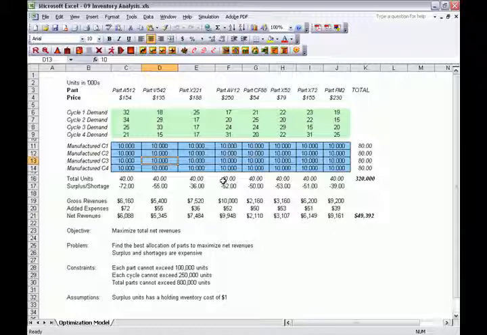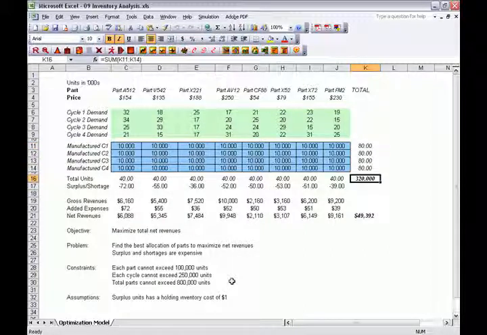First constraint is, well, each part cannot exceed 100 units or 100,000 if these are in values of 100,000 units. So I cannot manufacture 100,000 units in total. So this is optimization across time, across season. Now, each cycle, I can only make up to 250,000 units because, well, I have a small manufacturing firm, for example. I've got constraints. So some of these, for each of these cycles, cannot exceed 250 or 250,000 units. And the total number of parts for this whole entire cycle and all these different parts cannot exceed, say, 800,000